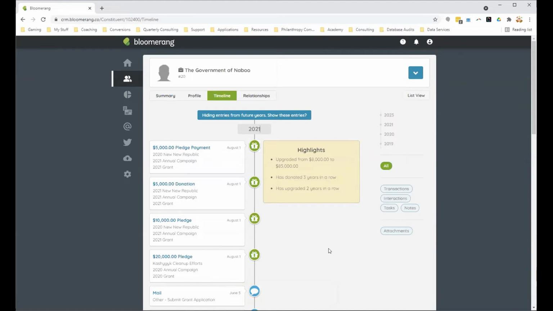Obviously, you guys will need to pick one before you enter it, and this is the very reason why it gets really messy really quickly. I would also not necessarily recommend creating a pledge when you apply for the grant. I would wait to see if it's been awarded. But if you do decide to enter it in, the amount that you asked for before it's been awarded, just be aware that there's a potential that you're going to have written off pledges if they don't award you the money. So again, kind of make those decisions for what makes the most sense for your organization, and then set